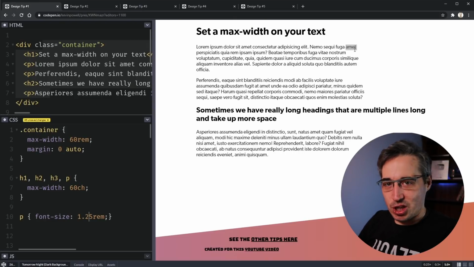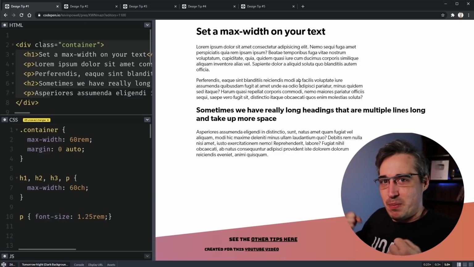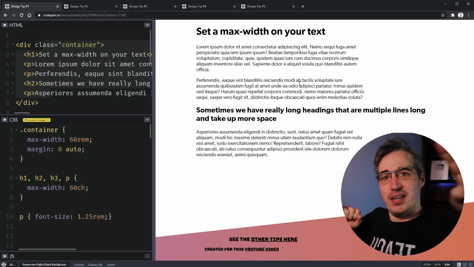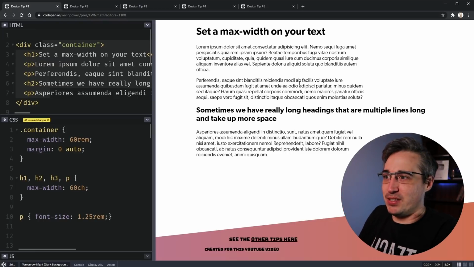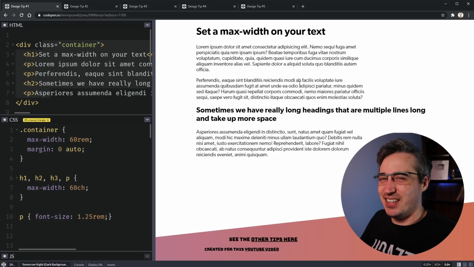than anything else, which can make it really easy, and you don't even have to think about it. It just is going to be a nice line length. Whatever you do, even if you're not using ch, even if you're just setting a max width on your container, just make sure you're stopping things from stretching and being super, super wide. And if we need our eye to go all the way across, and this is a big screen I'm on now, but even if it's an iPad and the text is going all the way across, it doesn't look great.